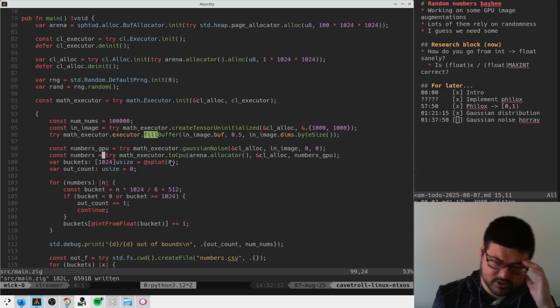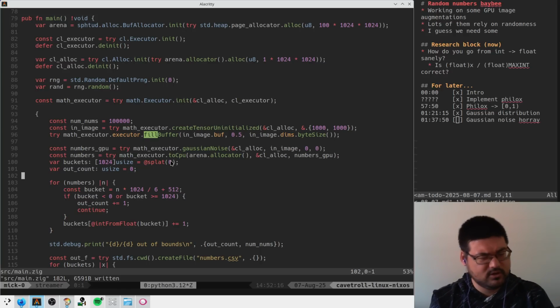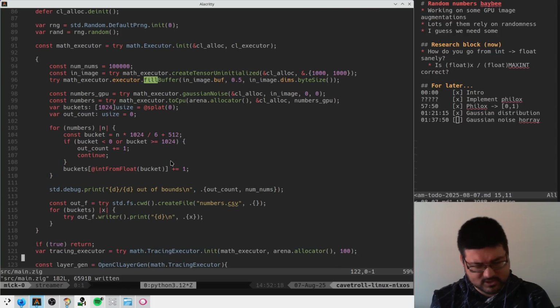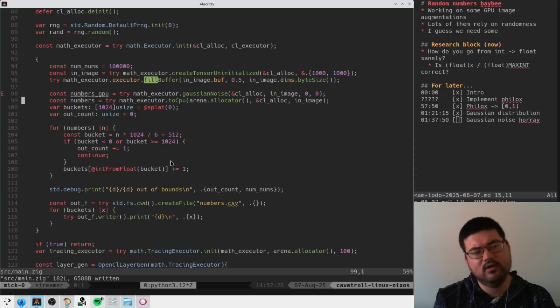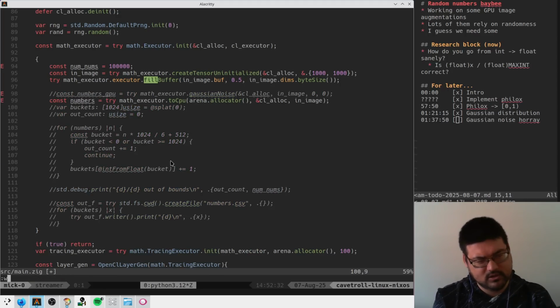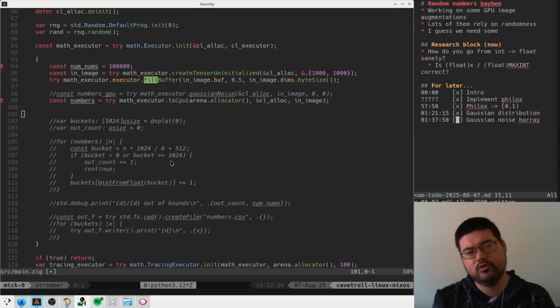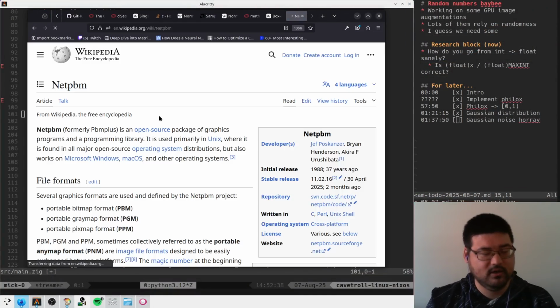So what we want to do now, I guess, is output this as a PPM, because those are the easiest images to write out. So before we do anything, can we actually just yoink an image out of this guy and try to draw a gray picture? PPM image format. I think this guy's really easy, right? So it's like,